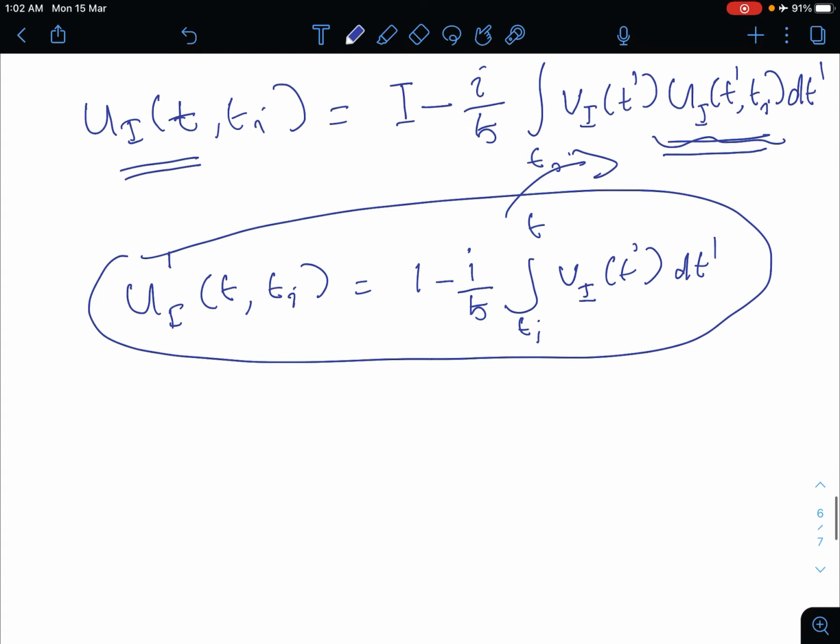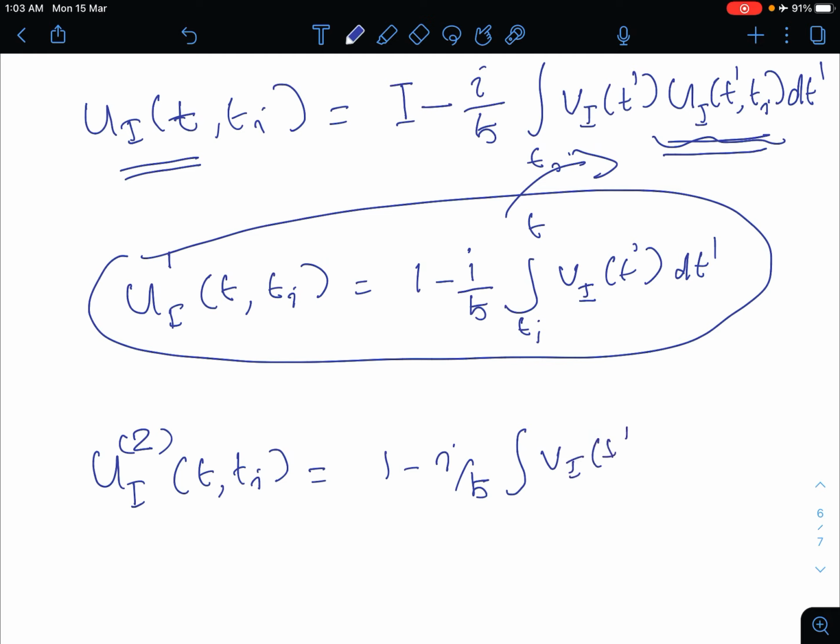So I can write now ui of 2, it's not square, it's 2, let's put it in brackets, ti is equal to 1 minus i by h cross integral vi of t dash dt dash